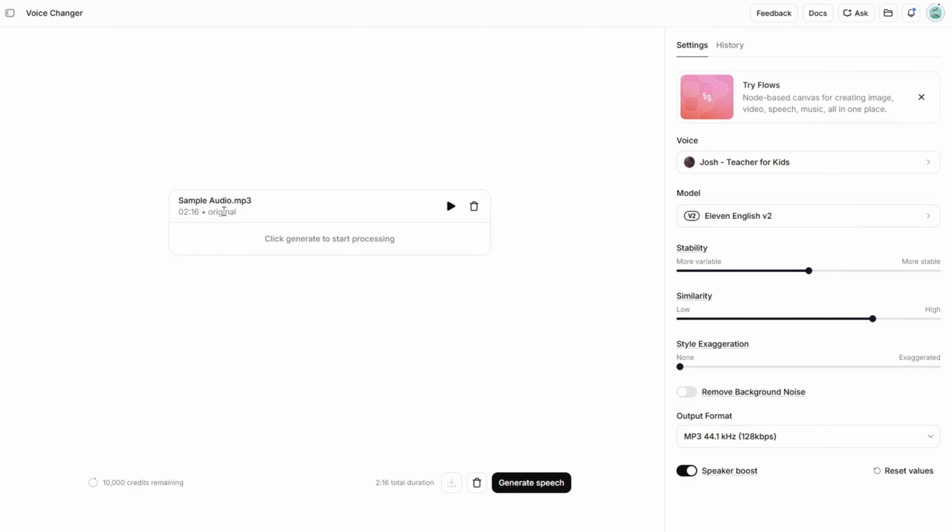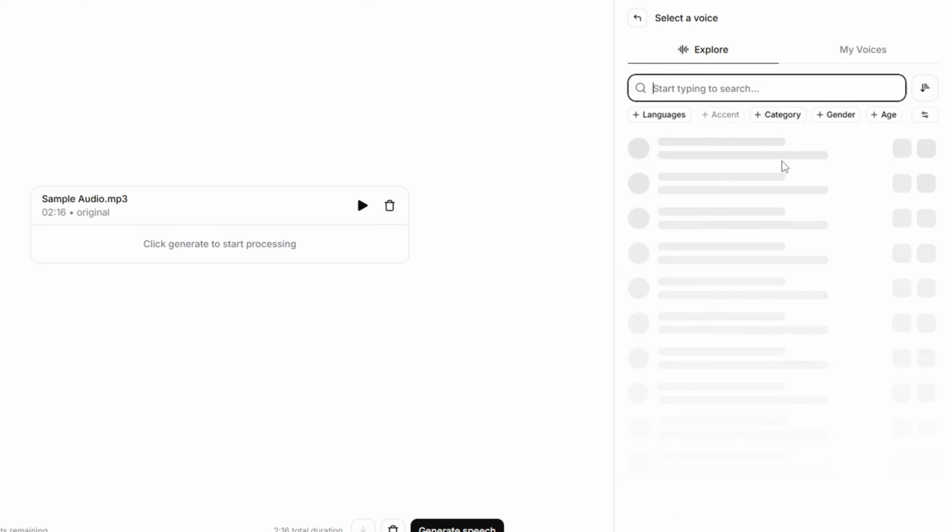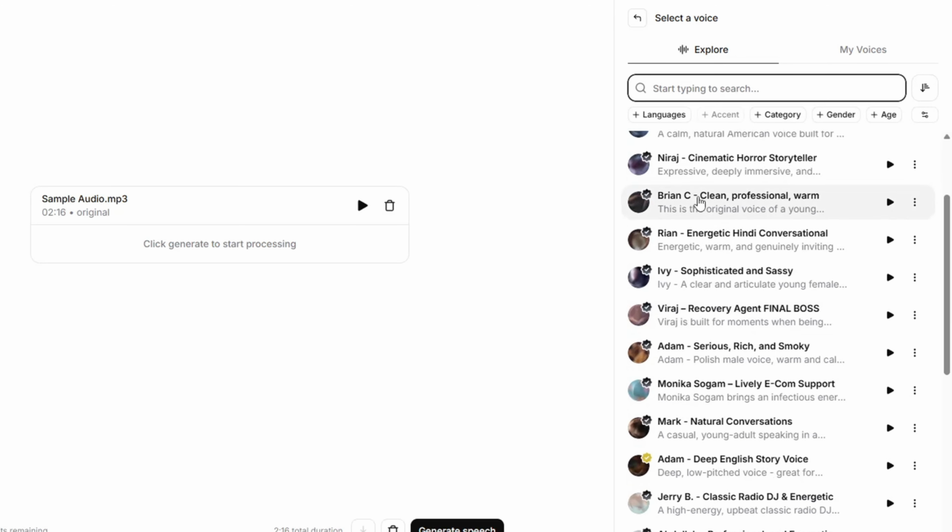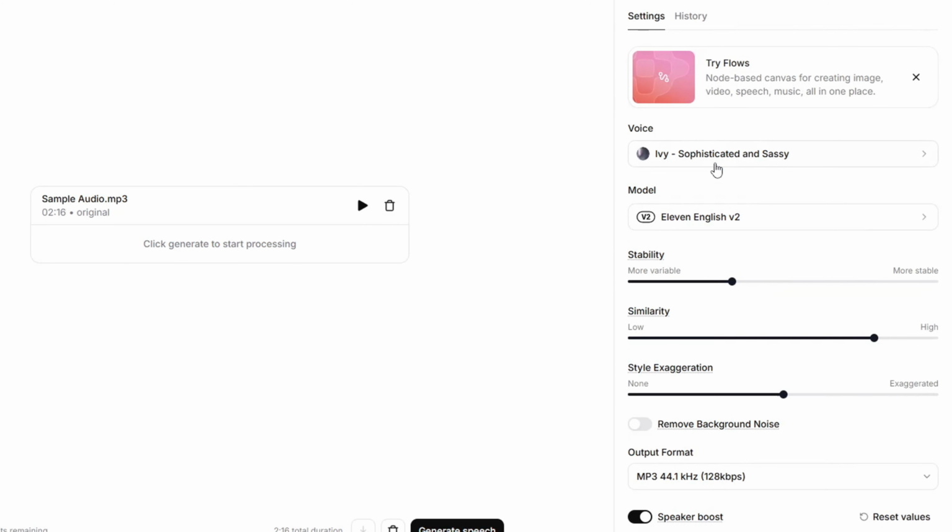After your audio is ready, choose the target voice you want to transform it into. You can pick from the pre-made voices available in the library. Use a voice you've already cloned, or create a custom voice from scratch if that option is available to you. This part is where you decide the overall character of the final result, so take your time and preview different options if needed. The closer the target voice matches the tone and pacing of your original recording, the smoother the